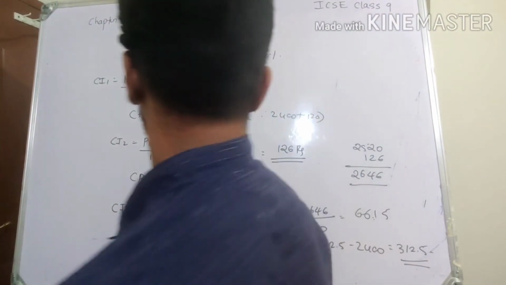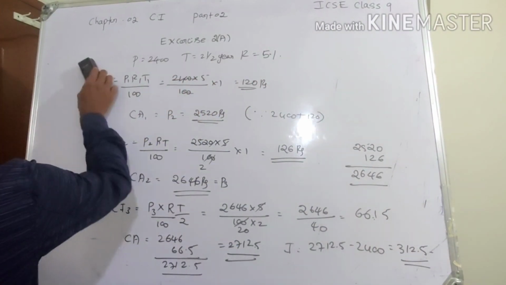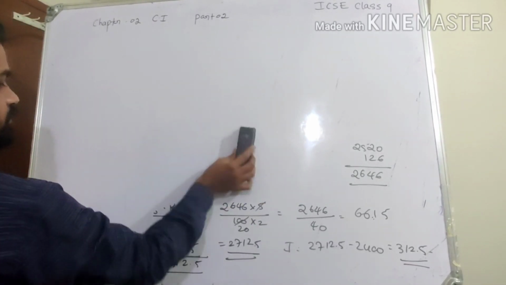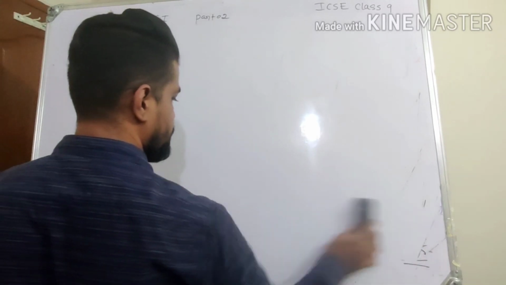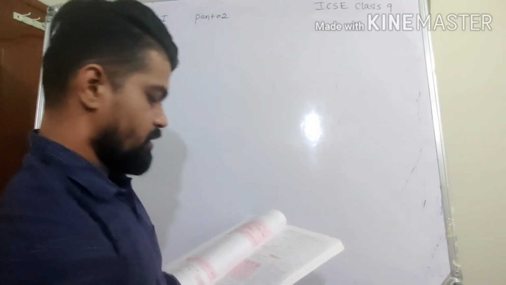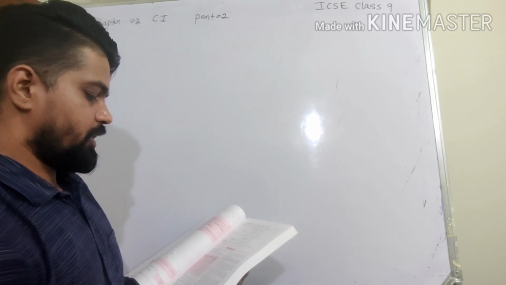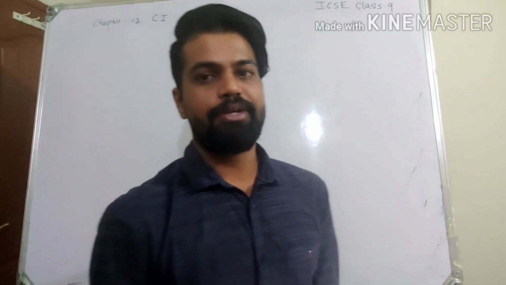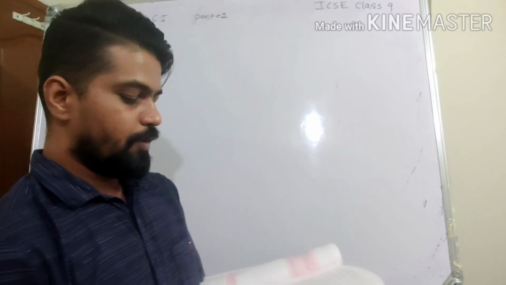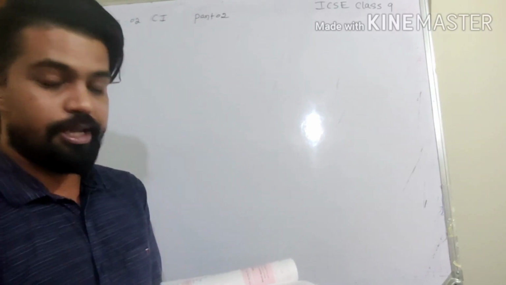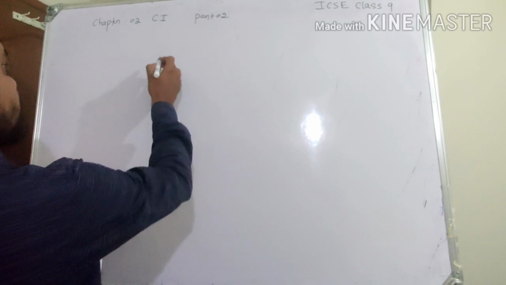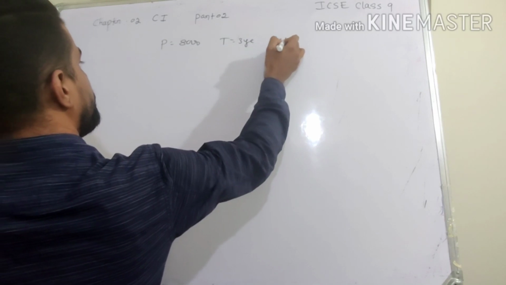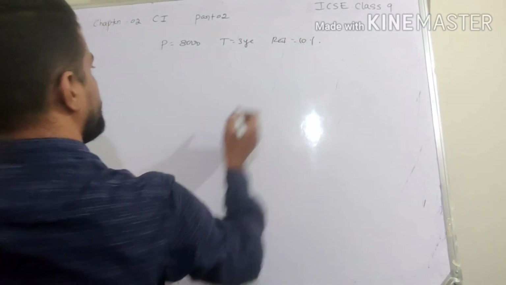Coming to fifth one. So fifth one, let's see what is there in the fifth question. Calculate the compound interest for the second year on 8,000. Only for the second year, but we cannot find it directly. We need to find the first year as well as then the second year. Even though the duration is 3 years, the question is only for the second year at 10% per annum. So the principal is 8,000, duration is 3 years, rate of interest is 10%, and I want only the second year's interest.